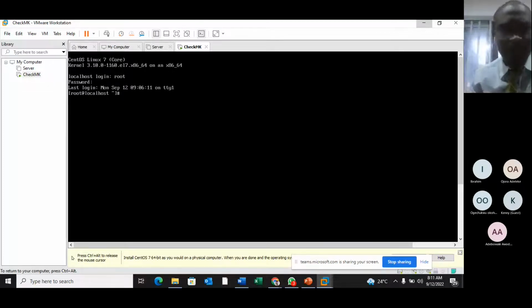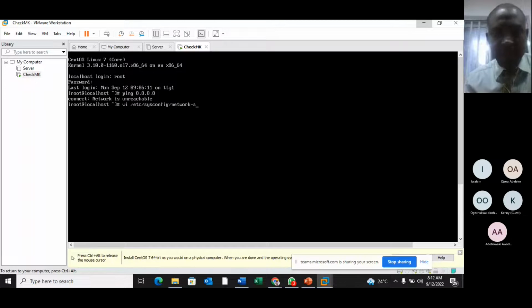I am in again. I've disabled my SE Linux. So take note. Let me ping. It won't respond because I have not configured the network. Now I want to configure my network now. vi /etc/sysconfig/network-scripts/ifcfg